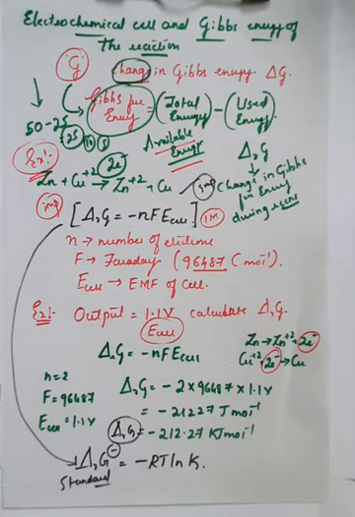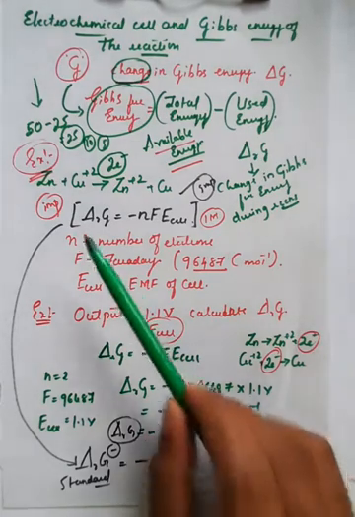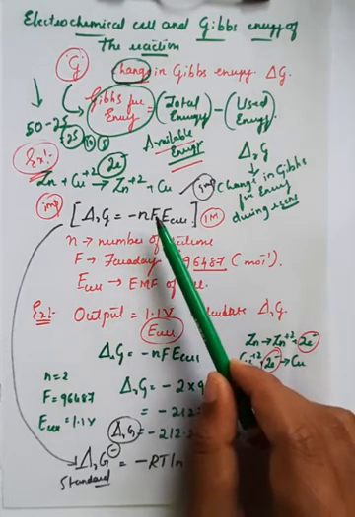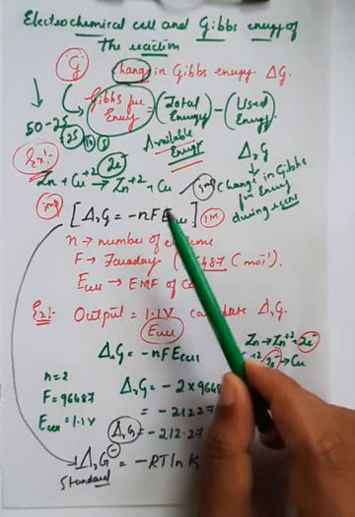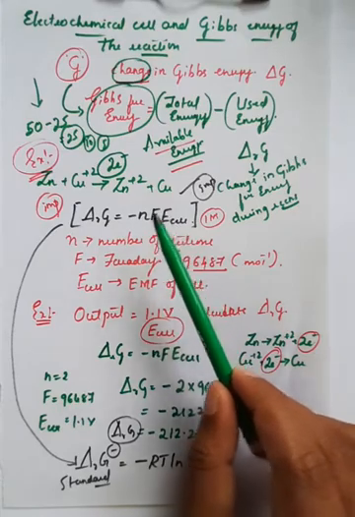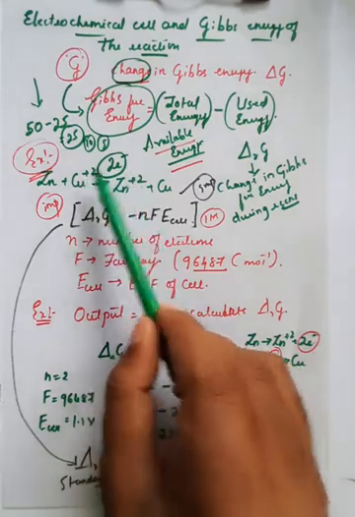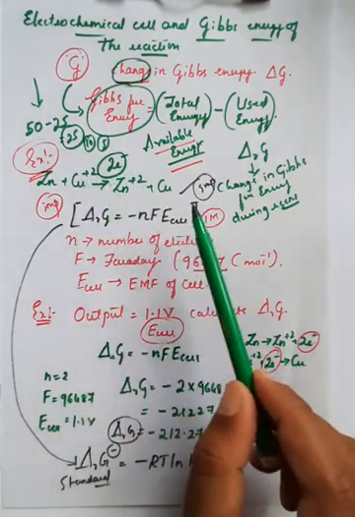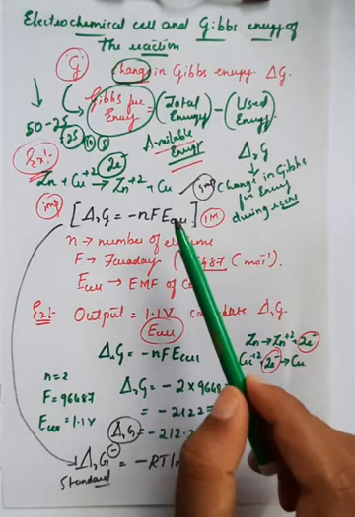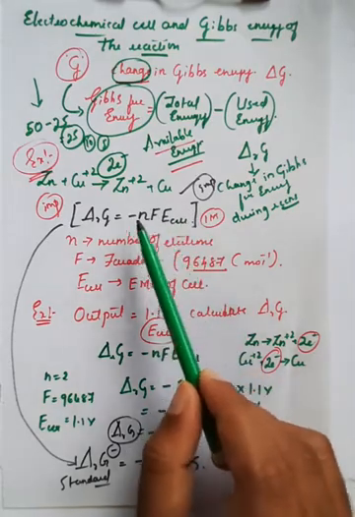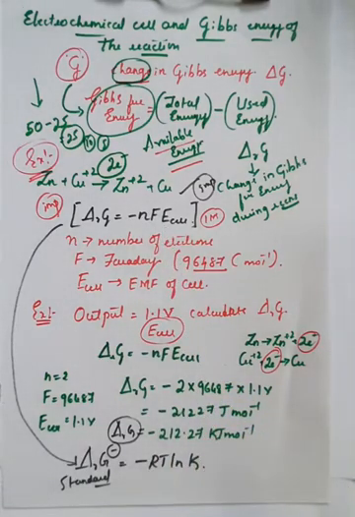For every reaction, you can calculate the change in Gibbs free energy. Even if they ask in an exam for 1 mark or 2 marks, you can easily calculate with the help of this formula, that is ΔrG is equal to minus nF into EMF of the cell. F is the constant value and n is the number of electrons that you have to carefully observe within the reaction. By writing the half-cell reactions or directly by seeing the charges, you will find how many electrons are transferred during the reaction, and the EMF of the cell is generally given in the examination. So minus nF into EMF of the cell gives you ΔrG.